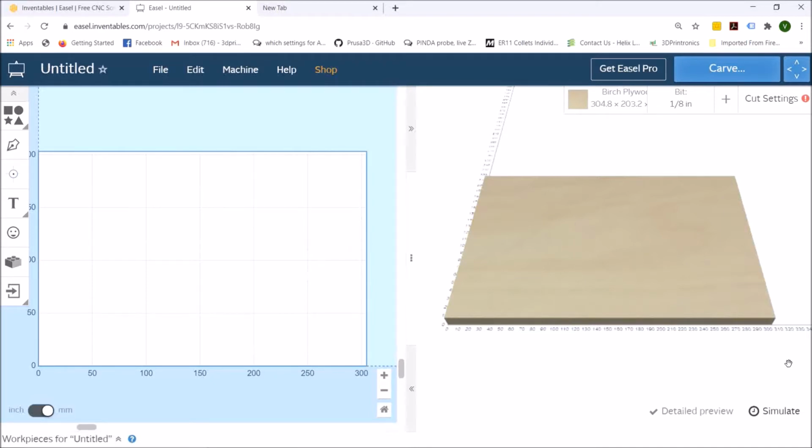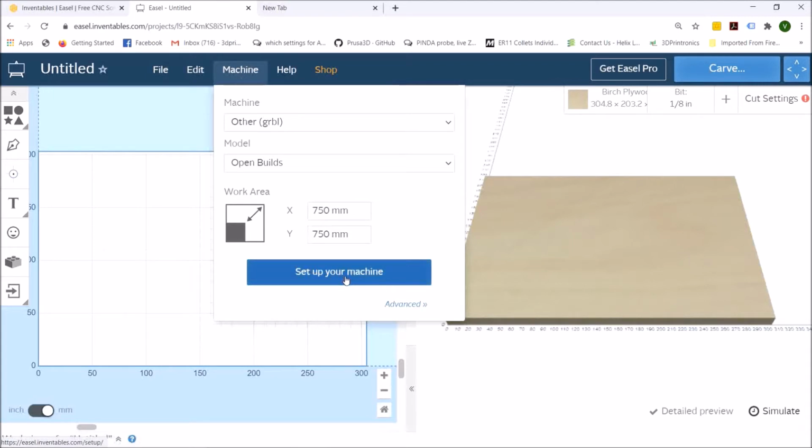But please note, once you log in into your Easel account, it doesn't mean that you can straight away start using your Workbee CNC router. In order to use any GRBL based CNC router with Easel, you will first have to set up that machine in Easel, which means that you will have to give input of the various parameters of your machine into Easel. For setting up your machine, do not connect your machine yet. Just log in into your account and click on Machine and go to this tab, Set up your machine.